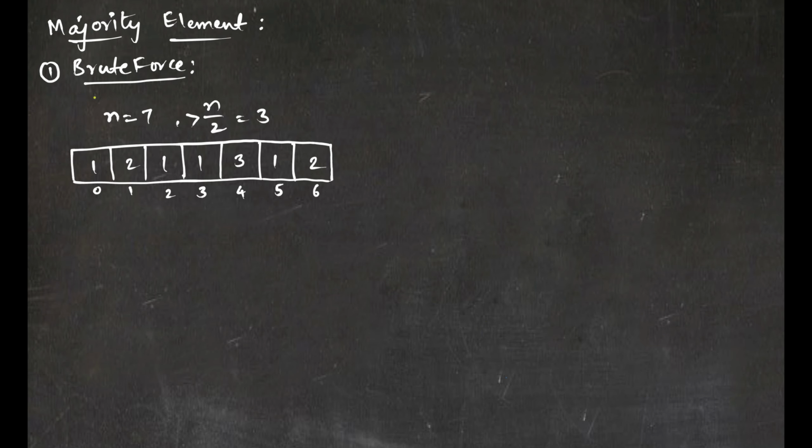Let us look at the first approach, brute force or complete search. Here we pick each element of the array and check its count. And whichever element's count is more than n by 2, we'll just return it. To do that, I'll maintain two variables called majority element and the count of it. Initially these will be empty. Now I'll start with the first index, which is element 1. I'll check the count of it in my entire array, which is 1, 2, 3, 4. Since these are empty, first I'll update them with my current results 1 and 4.